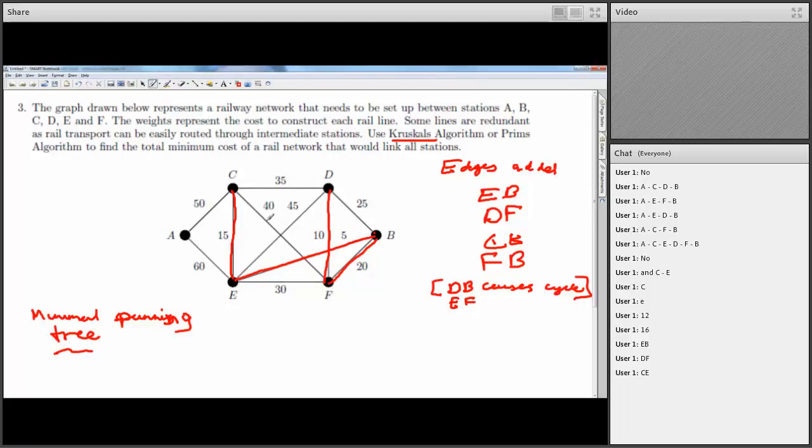So I have to do 35. So that would be the C to D. But again, that would cause a cycle. Not much luck. As a matter of fact, the only way of not causing a cycle now is